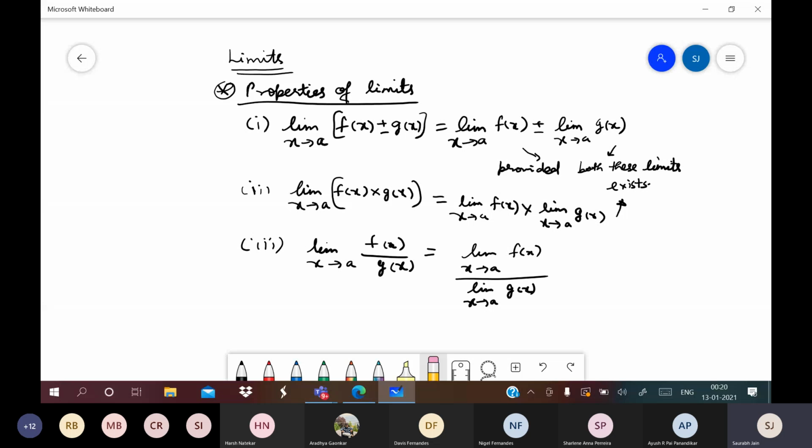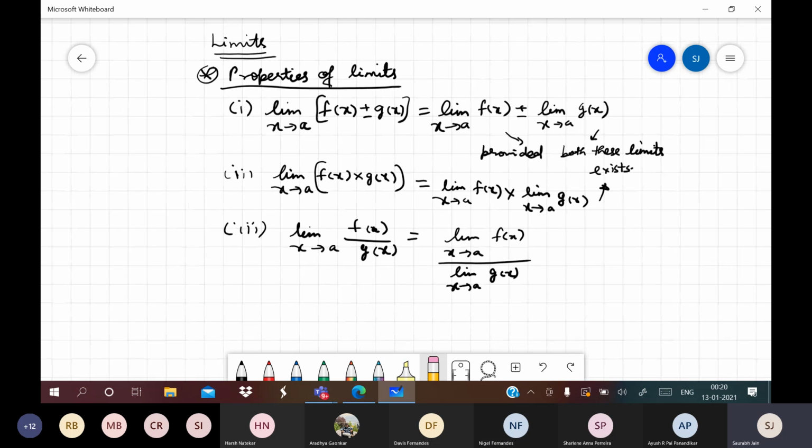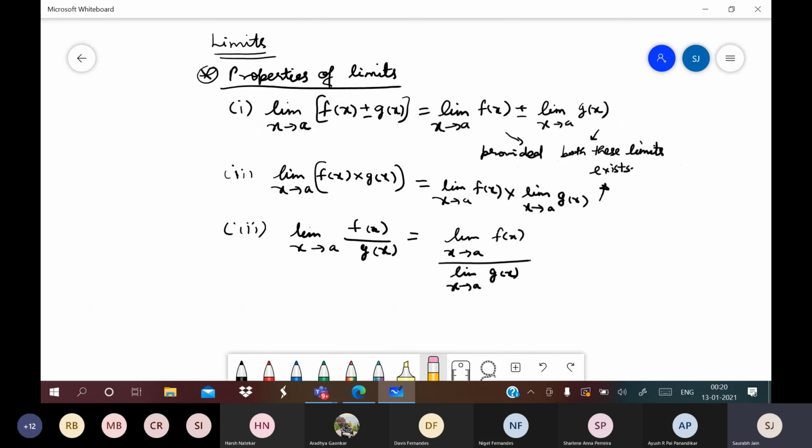Okay, so let's continue on this topic called limits. So we'll be discussing properties of limits first. Just one of you, please confirm: can you see the screen and can you see some properties written here? Yes, sir. All right. So as you can see, I have written three properties here. We were discussing these the previous time. I will explain it once again.